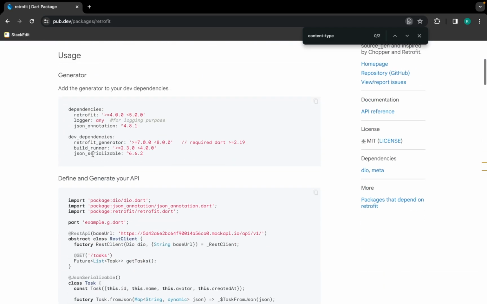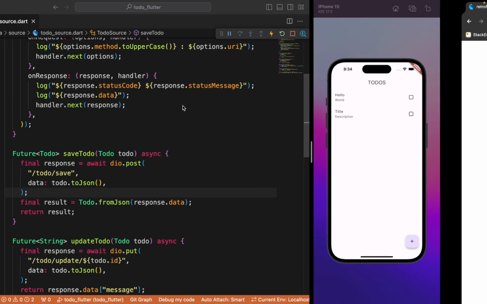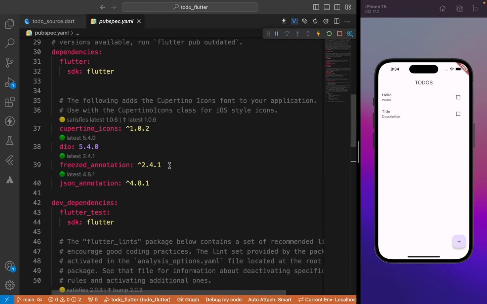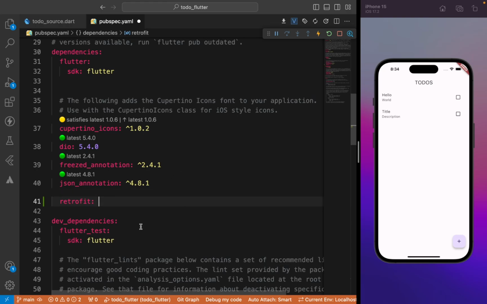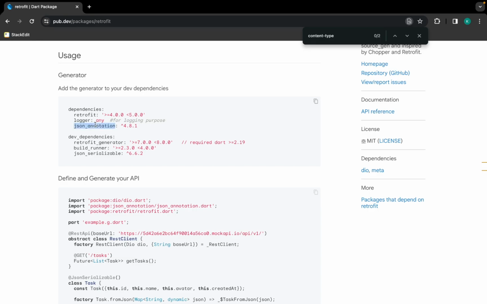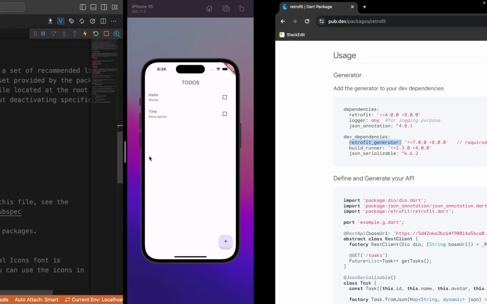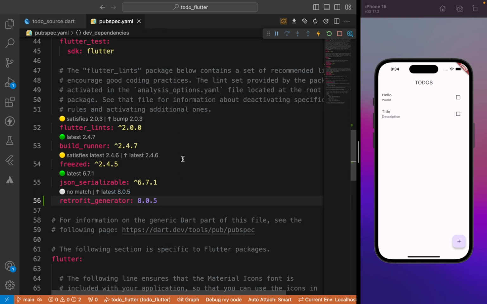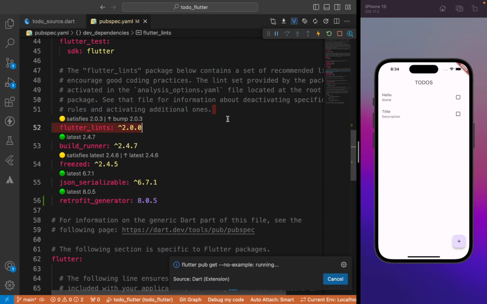So let's get started. First of all, we will get the dependency. We have all the dependencies apart from Retrofit and Retrofit generator, so we are going to add Retrofit and Retrofit generator only. We can go here in the dependency section. It will be retrofit, we will add the latest version, and the retrofit generator we are going to use and put it here, also with the latest version. After saving that,